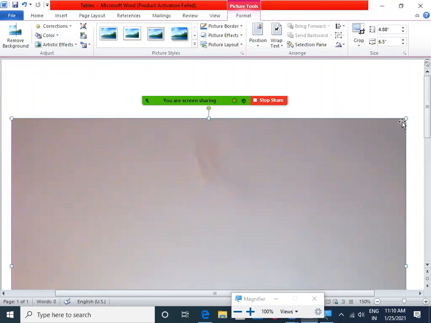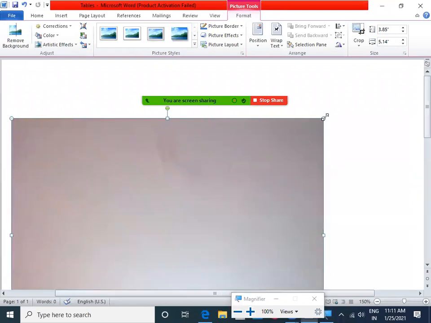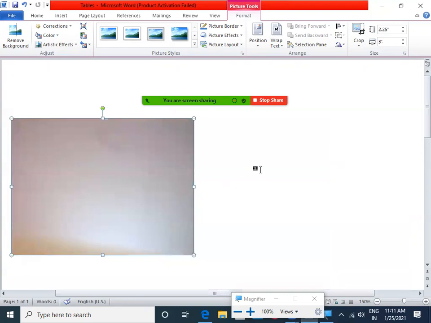Now if you want to reduce the size of this image, you can reduce it by using this option. You need to hold the mouse cursor, an arrow mark will appear, and then you can reduce the size. If you want to reduce it further, you can. Getting it?